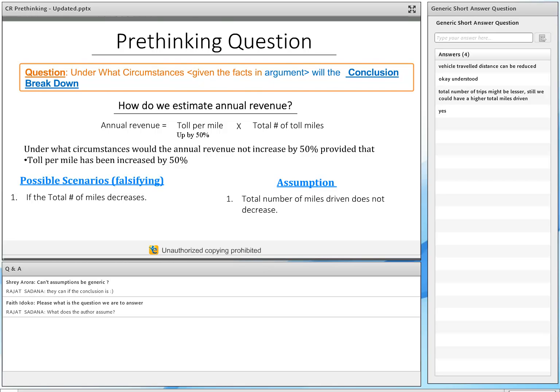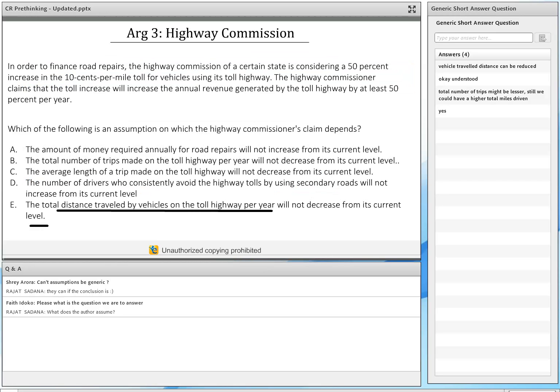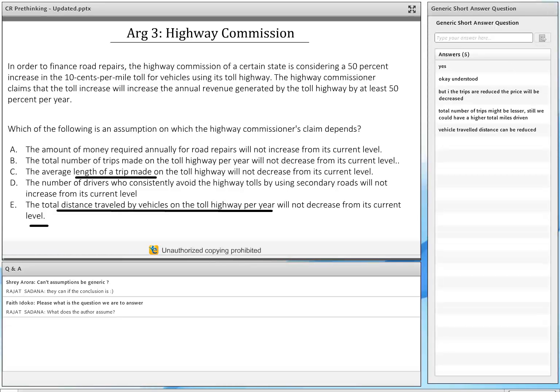Okay, choices C and D. Let's explain those. Choice C says the average length of the trip made on the toll highway will not decrease. What happens if the average length of trip decreases? You can have more trips. Essentially, in other words,